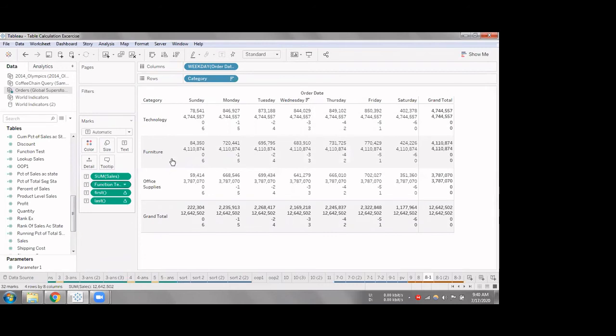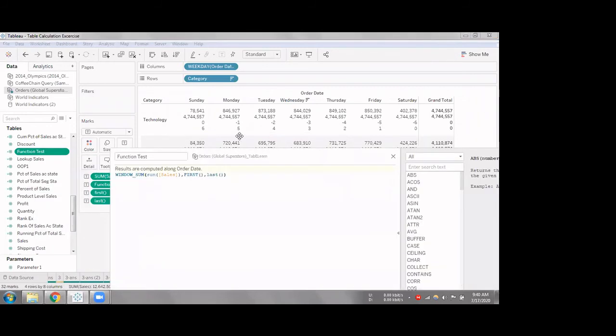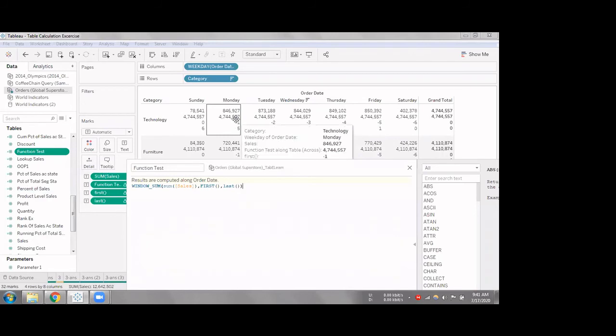Now let's say I want the reverse of the function that I had earlier. Let's say I want to start from here for some reason and take the sum for the rest of the things, not leaving out Sunday. I want to calculate for all other things. Then it's just the same thing that we did earlier. My start should be 0, because I have to start from the cell where I am, and my end should be dynamic here instead of the first. My end should be 4 steps further. So I'll just fix my first as 0 and give last as last.